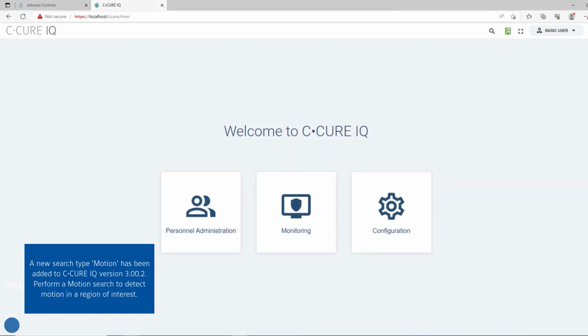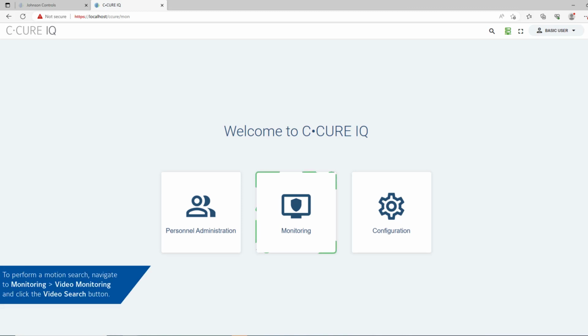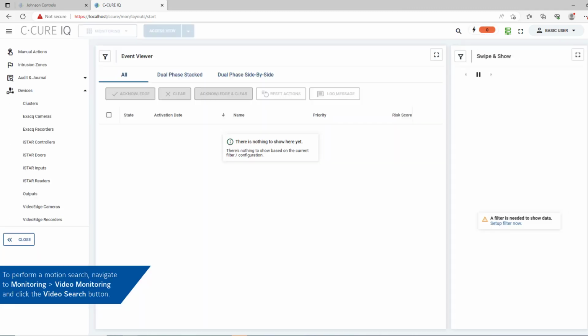Search type motion has been added to SecureIQ version 3002. Perform a motion search to detect motion in a region of interest. To perform a motion search, navigate to Monitoring,